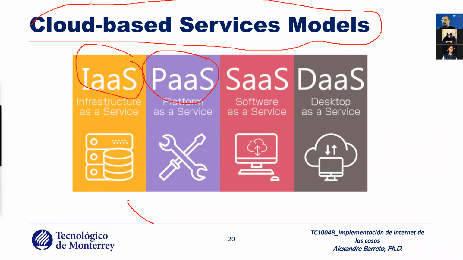And the PaaS is a little different. It's like how Google Docs works. You have a platform in the cloud, a complete platform. It's not only one library. No, you have a complete platform in the cloud, and you use this platform without needing to install it on your computer. It's like Office 365 and Google Docs.